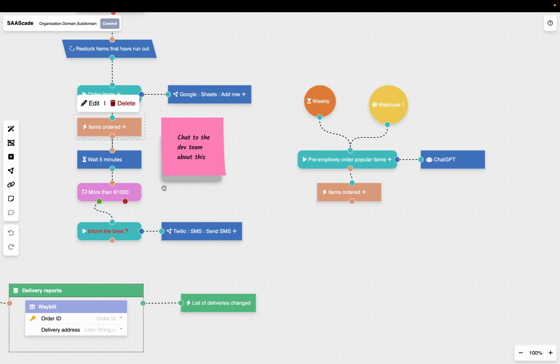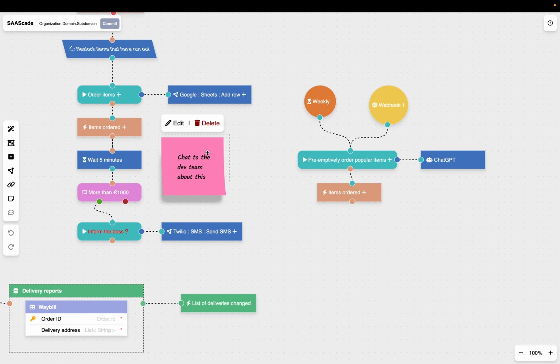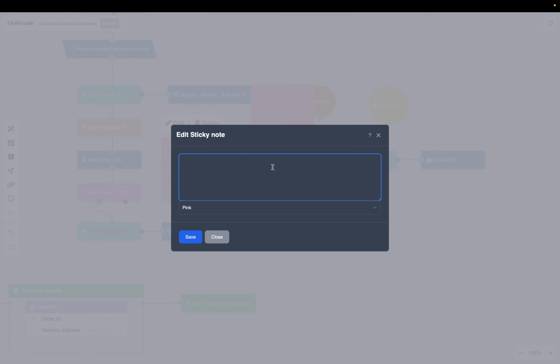Again, we have another domain event that happens, and let's say we want to add a delay of 5 minutes or however long it is, before we check if the items that were ordered came up to more than €1,000. If they did, then we want to run another command saying we want to inform the boss, and here we call over to a different API integration by a company called Twilio, where we want to send out an SMS. Okay. Here we have a sticky note that we want to just effectively talk to our dev team about how we're going to go about doing this,